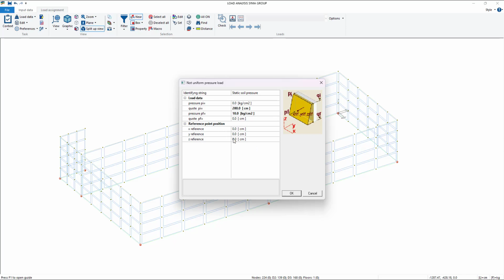Okay, so this is quite a crucial thing to understand when we talk about pressure loads, because the reference point position defines the direction of the load. Specifically, the load is going to have the direction that goes from the reference point position to the element in which the load is applied. The load is always orthogonal to the element, and I repeat, the direction is from the reference point to the element.